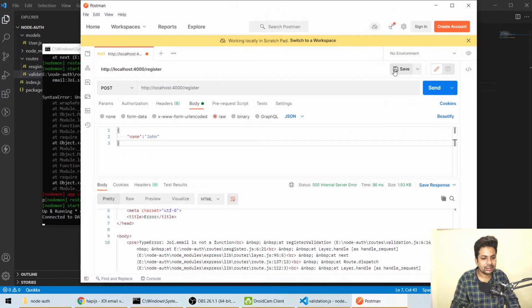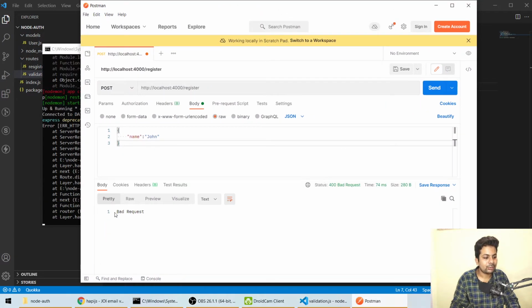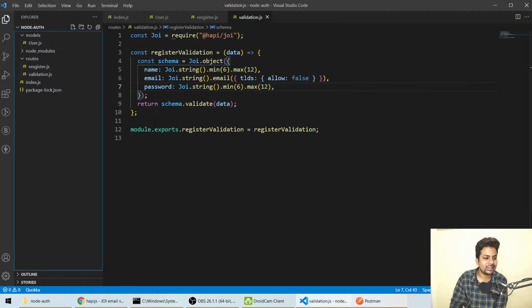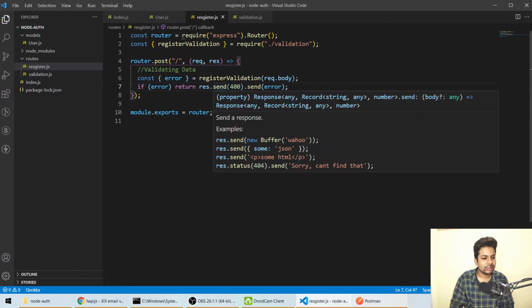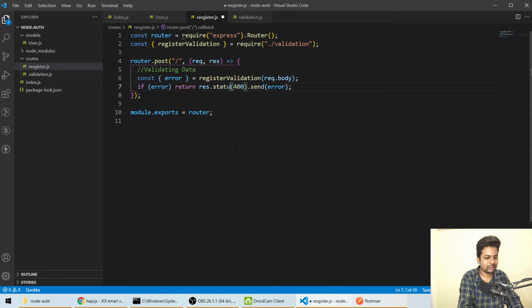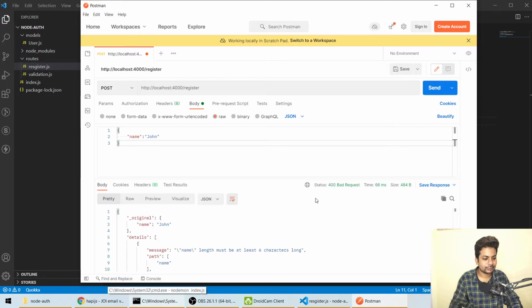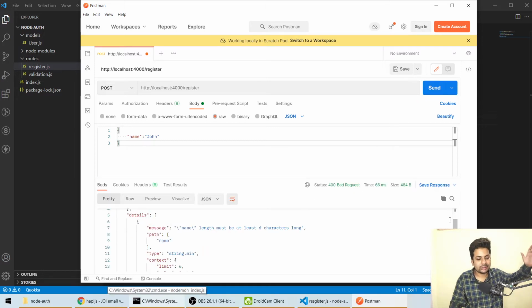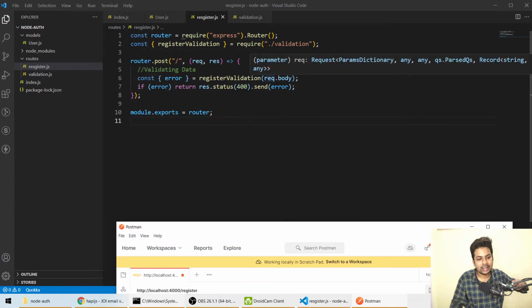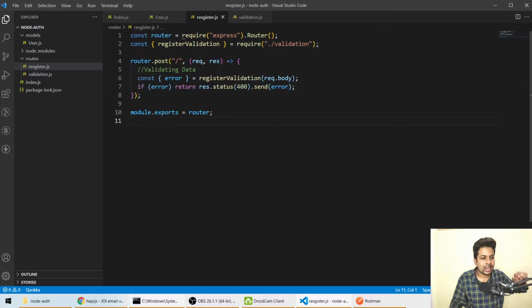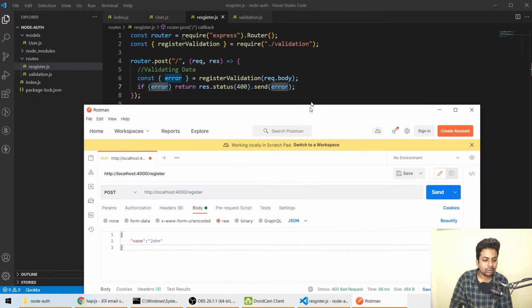Now if I send it, bad request. So it's sending me bad request. So what's the error? Res.send status. Okay, see, we are sending back the status only. So here we'll go res dot set the status. Okay, set the status for handle. Yeah, now we'll just run it. See, now we got the error. The data came here in request body, went here, validated whether everything is perfect or not, and came here, it found an error. Okay, there was an error and it has sent me back the error. So what error did we get?